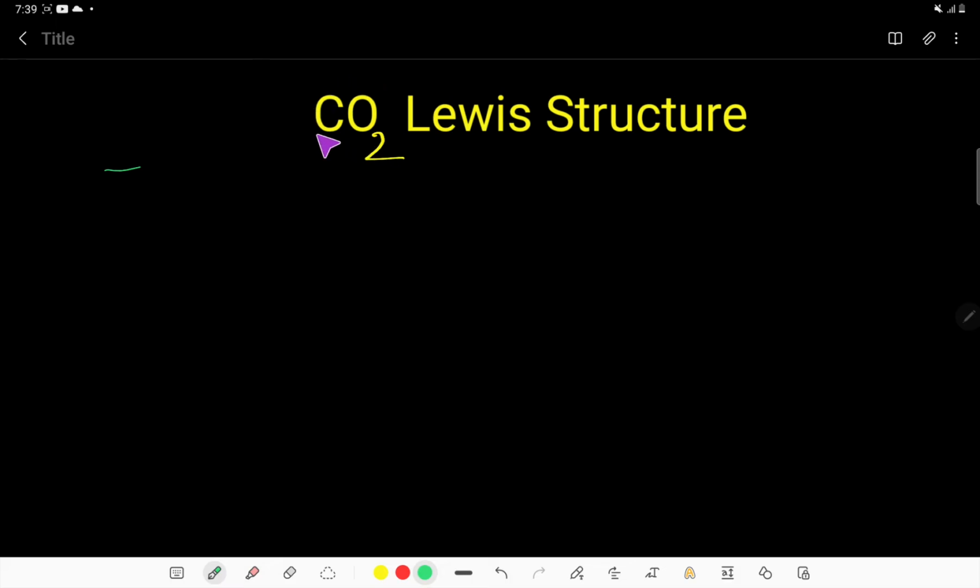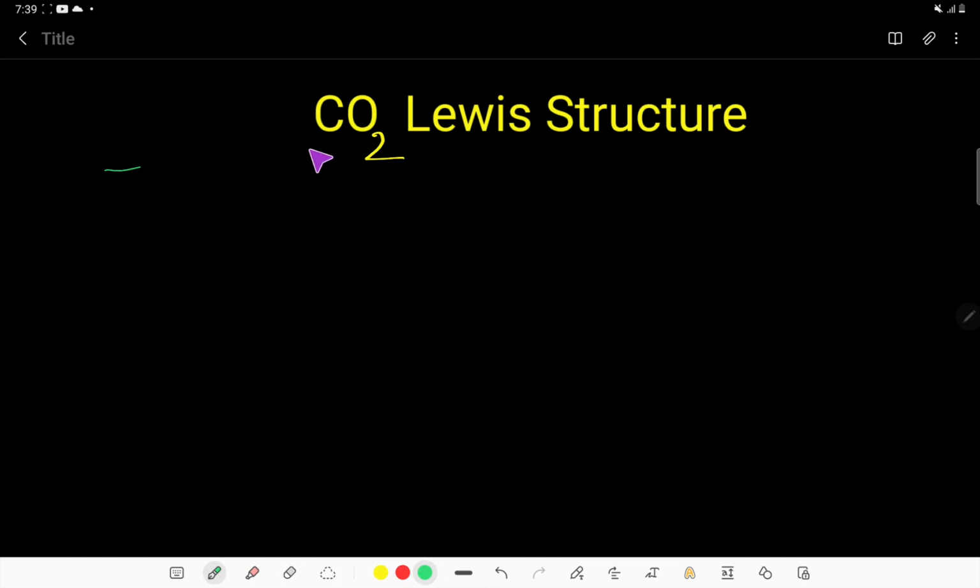After that, we'll talk about the hybridization of the CO2 molecule. That is, what is the hybridization of carbon, what is the hybridization of oxygen, and also you will know about the bond angle between oxygen, carbon, and oxygen, right? That is, we'll talk about the molecular shape or geometry of the carbon dioxide molecule. Furthermore, we'll also discuss the formal charge of the CO2 molecule, that is, the formal charge of the carbon and oxygen atoms in the Lewis structure of CO2.